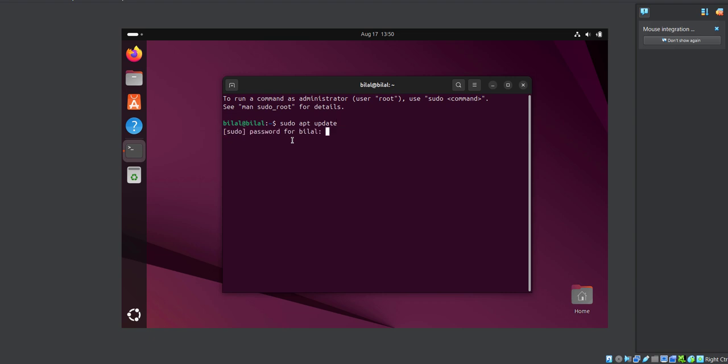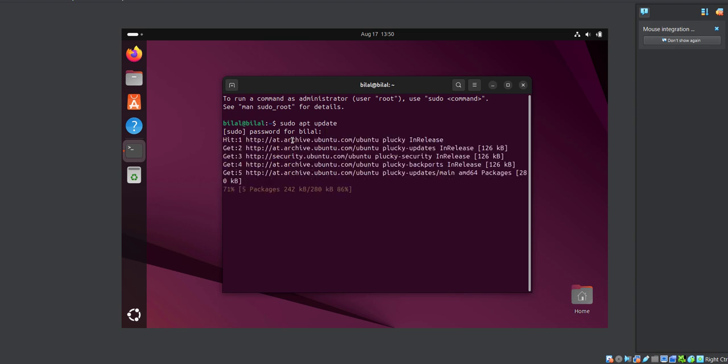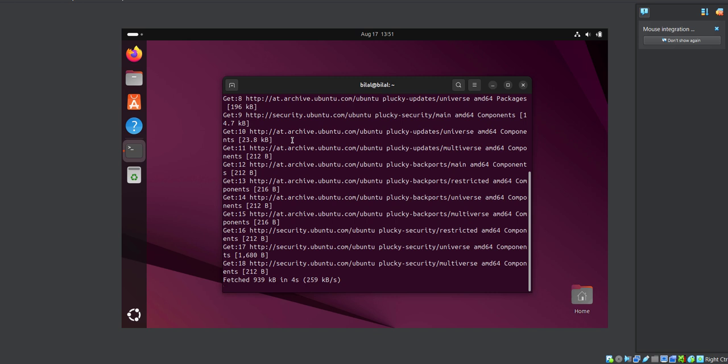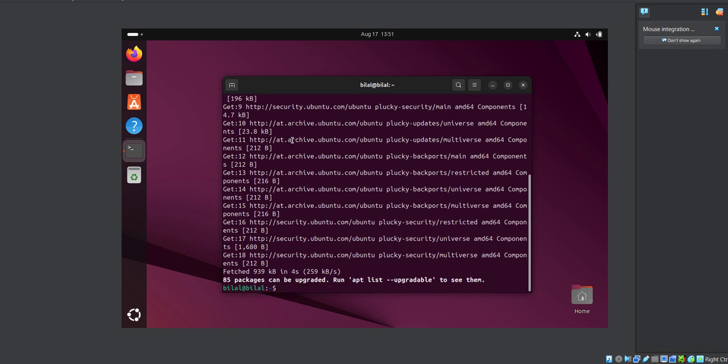Okay, so sudo apt update and press enter. You have to give the password that you set. So the work starts. After completing this, you have to wait here. When this command is completed successfully, then the second command that you run is sudo